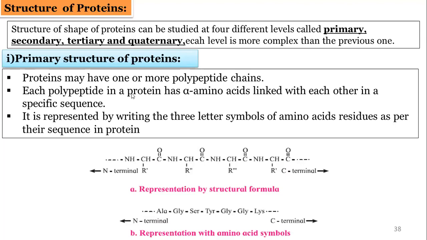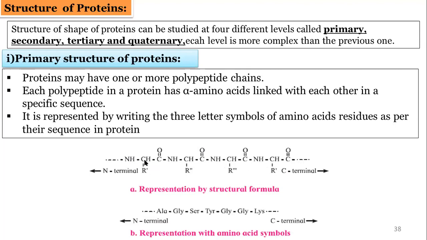Each polypeptide in a protein has alpha amino acids linked with each other in a specific sequence. This sentence is very important. In each polypeptide, see here in the example, this is CONH. It is a polypeptide chain. This CONH is a polypeptide chain. This CONH is a polypeptide chain. For the particular protein,